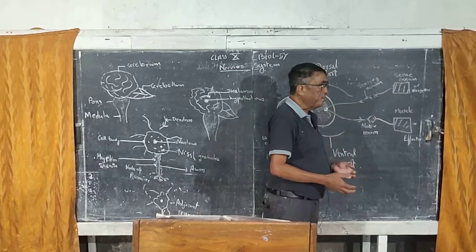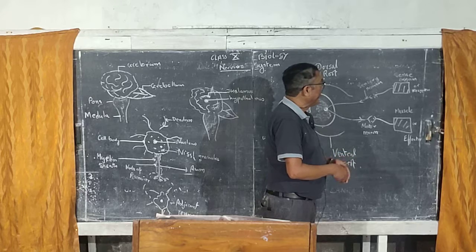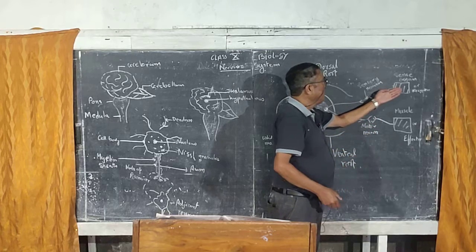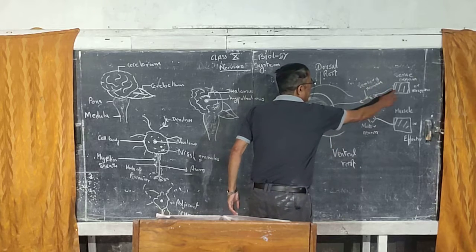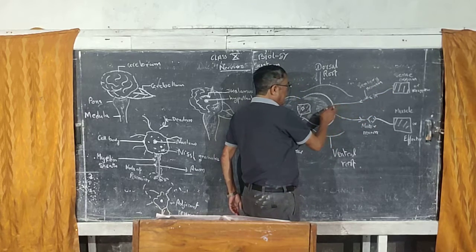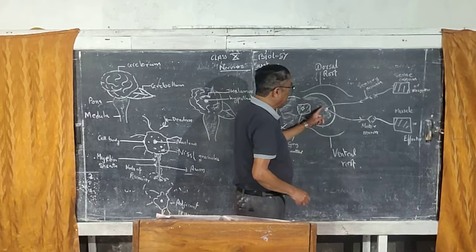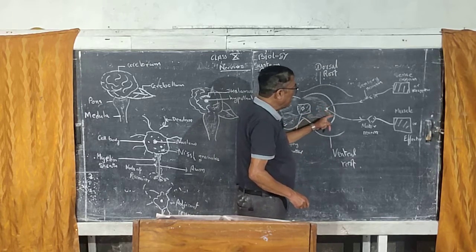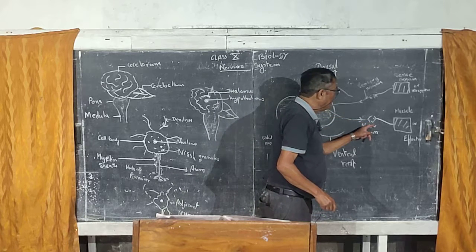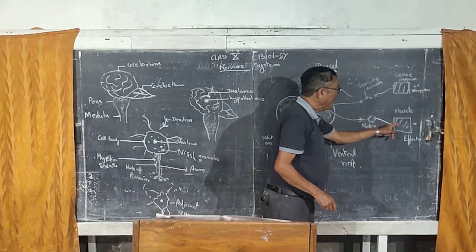This sense organ picks up the stimuli. In this case, the stimulus is the heat. It picks up the stimulus, and through the sensory neuron, it is transmitted to the association neuron. From the association neuron, it is transmitted to the motor neuron, to the muscles, where the